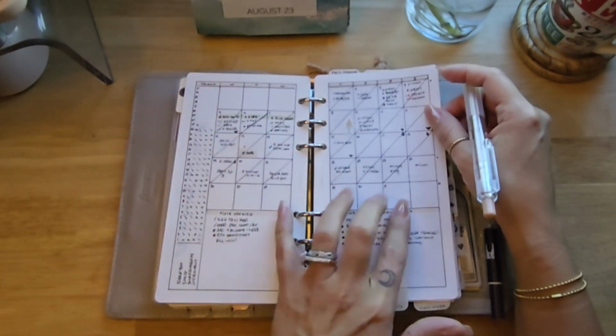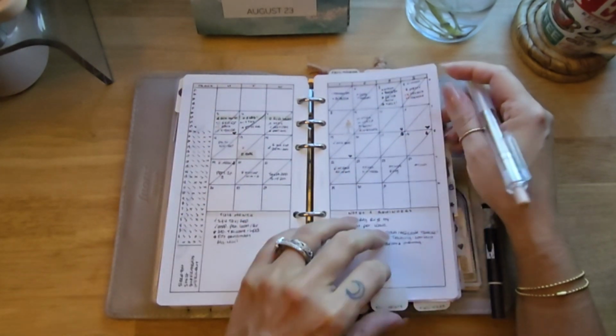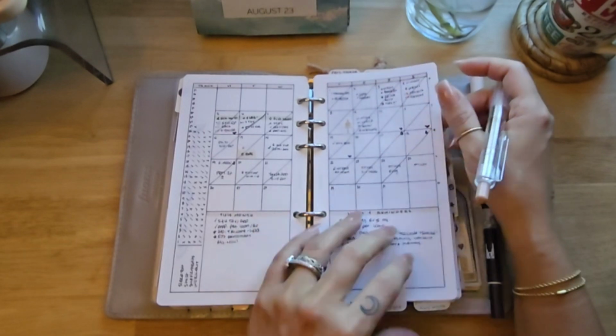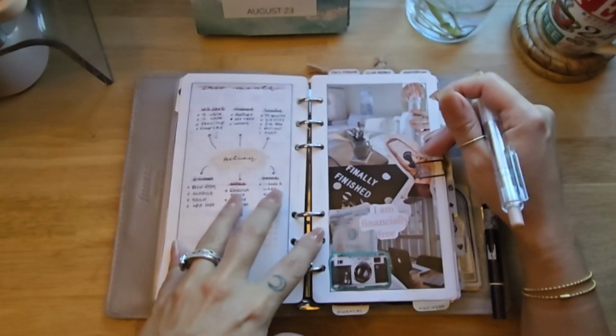And then the goal is that I want to finish that class by the end of this month. So I still have a few days, but I can't fail again. I don't want to, so we'll see. So I just review my month there, and then I come over here every now and then and just take up